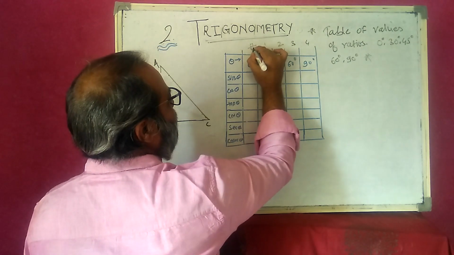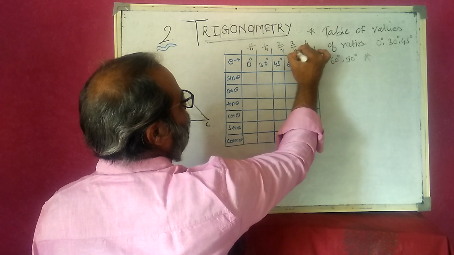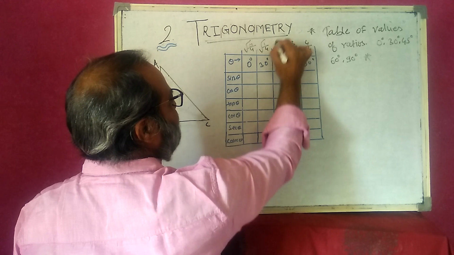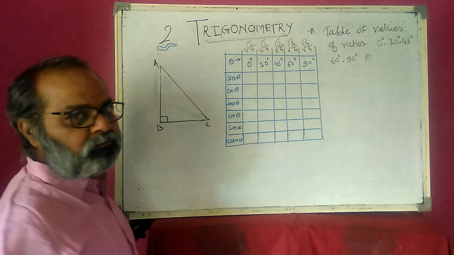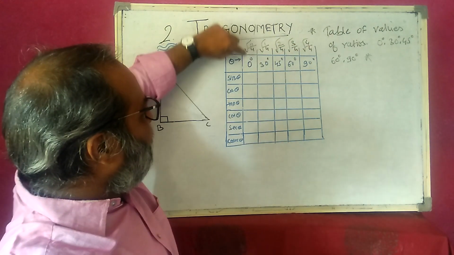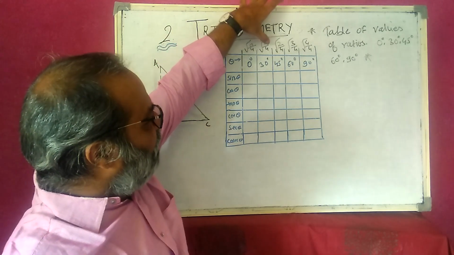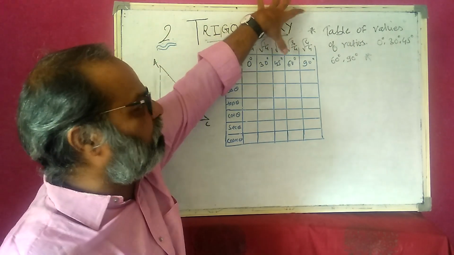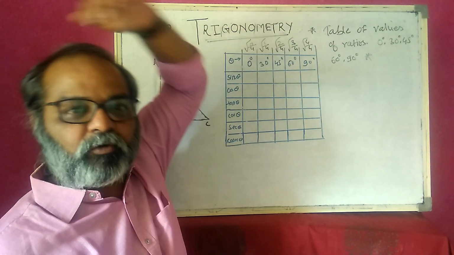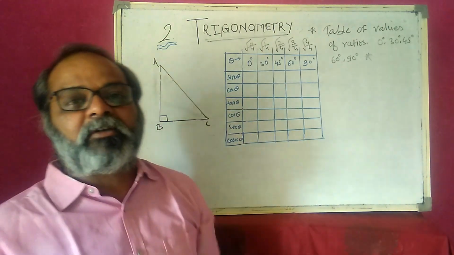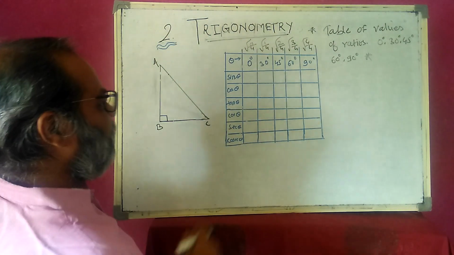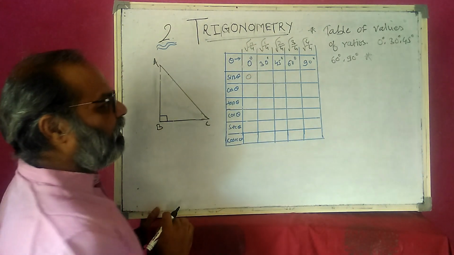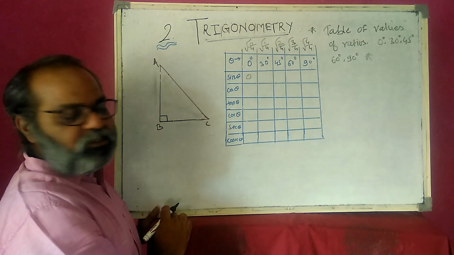I just divide all by 4. And taking the square root of all. Here is the square root of each one. I just repeat it. For 0 degree, I just assume 0, then increasing 1, 2, 3, 4. Divide it throughout by 4. So 0 by 4, 1 by 4, 2 by 4, 3 by 4, 4 by 4. And taking the square root, what I get is the values of sine of the corresponding angles. So 0 upon 4 is 0. Under root of 0 is 0. So what is the value of sine 0? Sine 0 is 0.